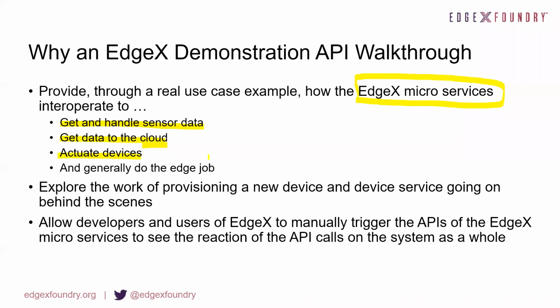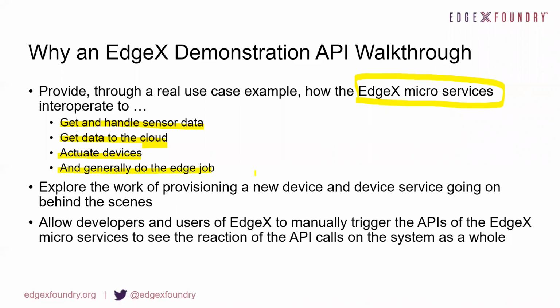facilitates. And just in general, how does the job of dealing with the edge, dealing with sensors and devices, dealing with all the data in the control plane that is an IoT system, how does that work? And how does that work with regard to the APIs that are in all these microservices of EdgeX? So this walkthrough is meant to get you that orientation around the facilities of the microservices and how